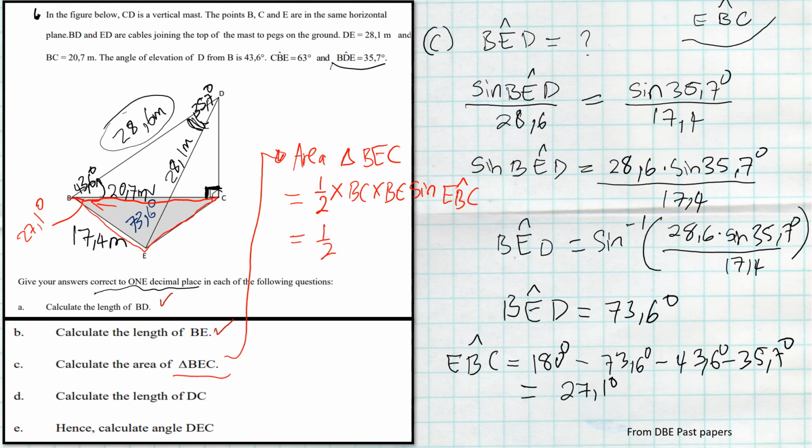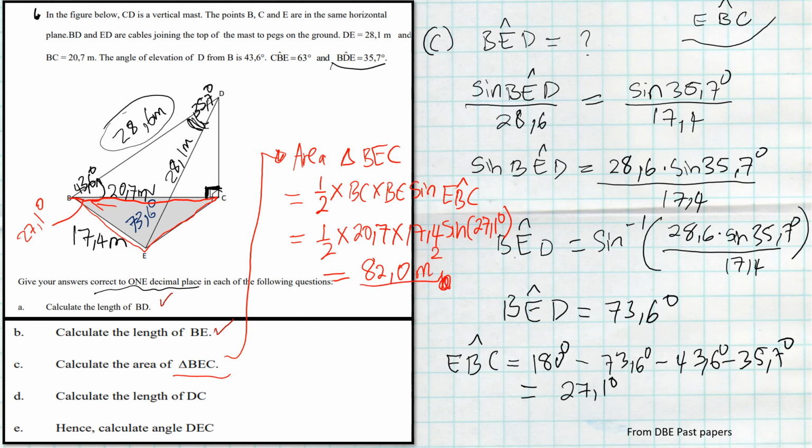So this will be 1/2. What is your BC? Your BC is 20.7. What is your BE? It is 17.4. Then the sine of what? 27.1, which is that angle that we calculated there. Then you can just punch your calculator and get the final answer. Okay, so the final answer will be 82.0. So its area will be in